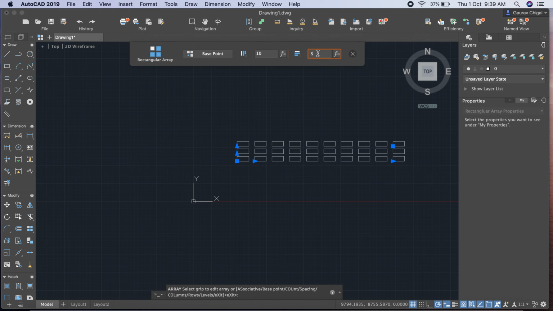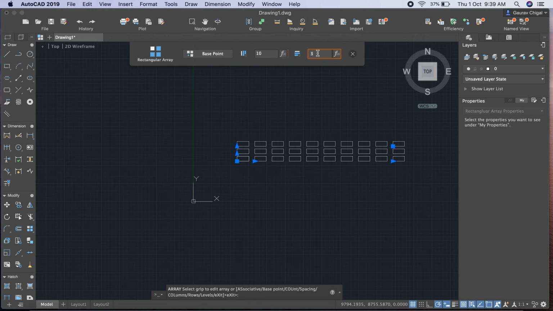So from this point to this point, this is the array distance from this corner of first rectangle to this corner of second rectangle. So the distance between these two values are measured from this corner and this corner. So this is the distance of array, okay. Similarly, the corner of this second rectangle and the corner of third rectangle is the pitch of, you can say, pitch of the array, okay.